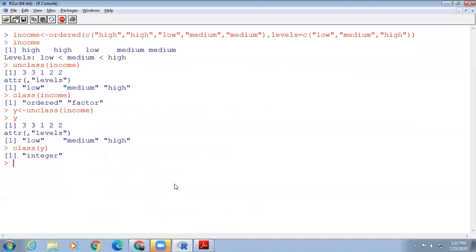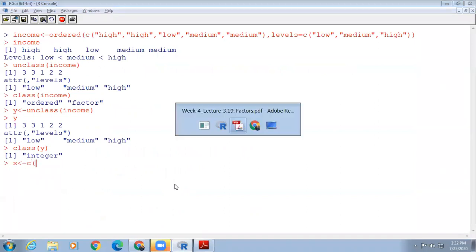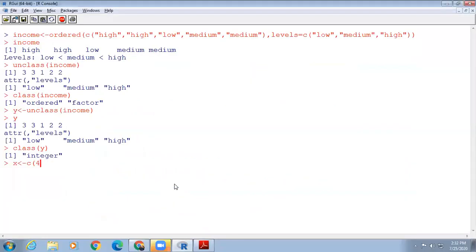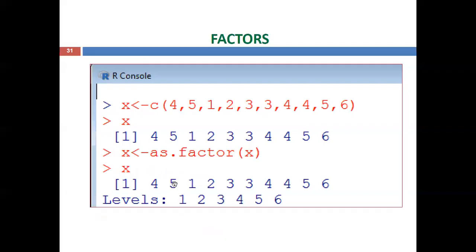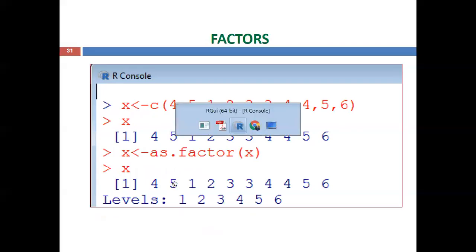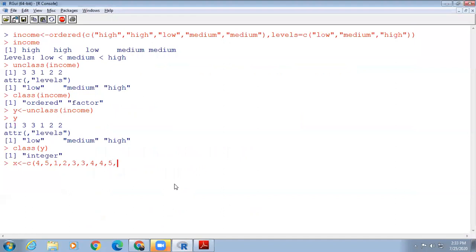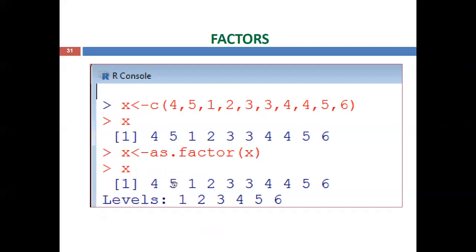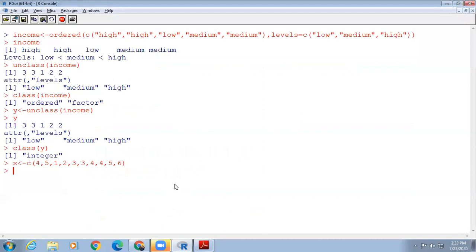First create a vector x equal to c of the values 4, 5, 1, 4, 5, 1, then 2, 3, 3, then 4, 4, 5, 6. That's all. Now you can call x, the vector is created. Now we are converting this vector into a factor by using as.factor.